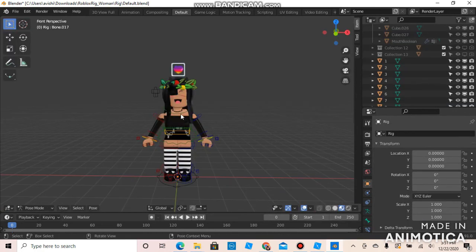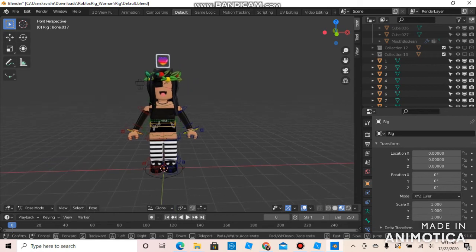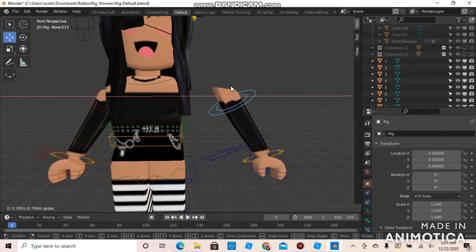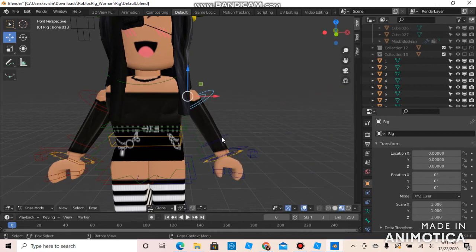Alright guys, so as you can see, my thing is all set, and now you can start putting your person or character into a pose. And to do that is very simple. If you want to move the upper arms, you can click this right here. Move, you can destroy your arm. That's your full arm, by the way. And to get only your lower arm, you can just do that and